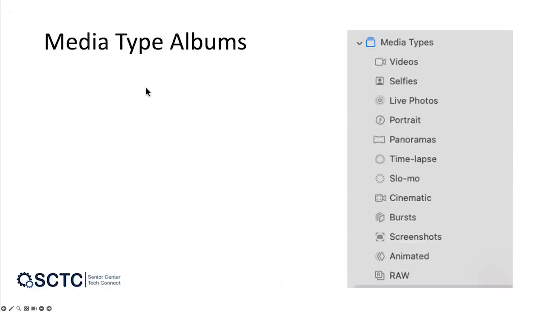All right, so let's start looking at how the AI in the Photos app helps you organize things. One is called media types, and I think,